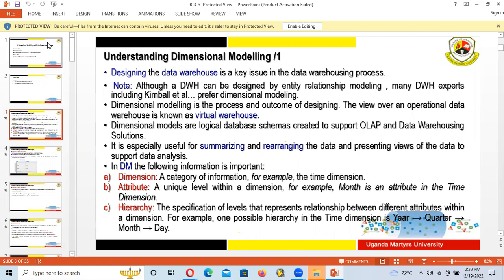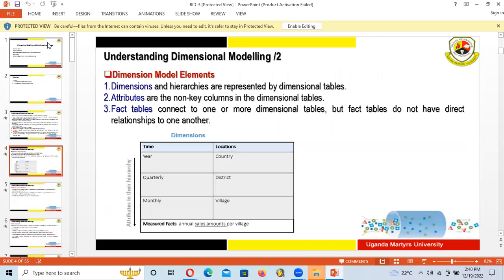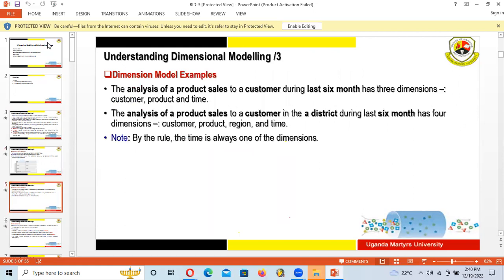Dimensional models are logical database schemas created to support OLAP and data warehouse solutions. It's especially useful for summarizing and rearranging the data and presenting views of the data to support data analysis. In DM, the following information is important: dimensional attribute hierarchy. Then the dimensional model elements include dimensions, attributes, and the fact tables. Then dimensional model examples: the analysis of product sales to a customer during the last 6 months has three dimensions: